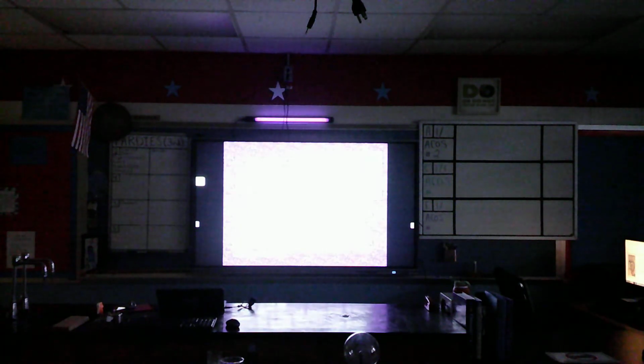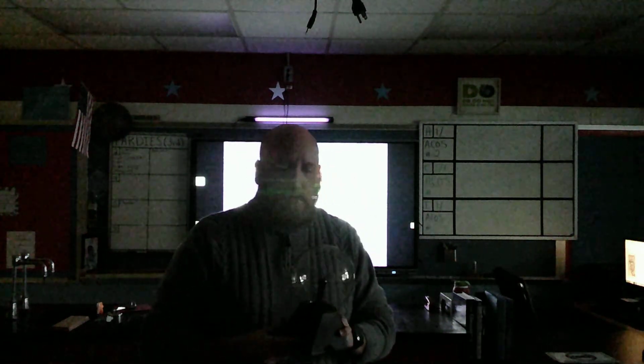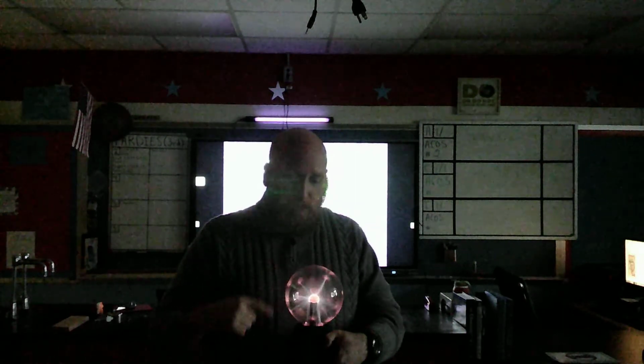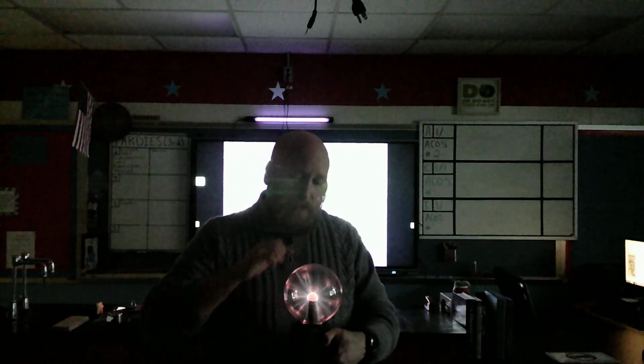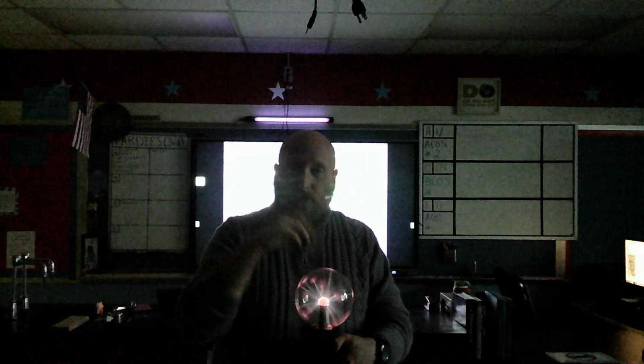All right. We also have this guy right here. This, as you can see, is a plasma ball. Okay? It has gas inside of it. And when I electrify it, the gas charges because of the electricity. And what you're getting is you're getting little sparks that are shooting up, and you can see these little lines, and this is plasma being formed. That's why when you take your finger on it, it allows the electricity to go through the bulb, through the gas, into your body. Now, it's not enough electricity to bother you, obviously, but when it does, it creates an even higher